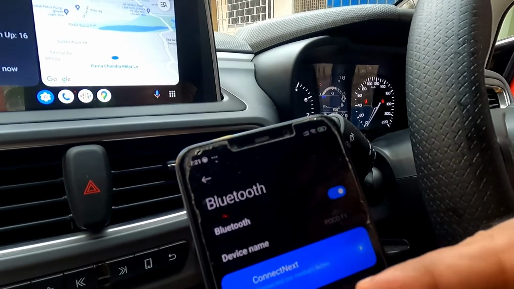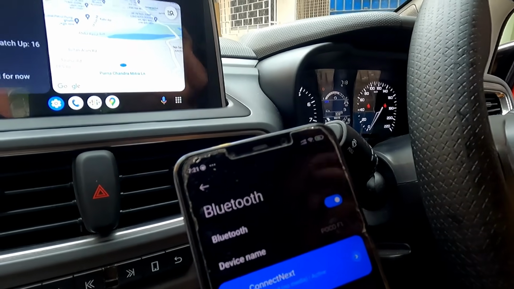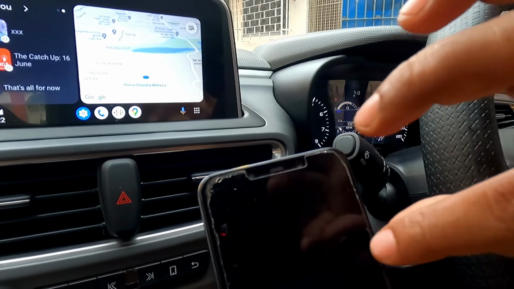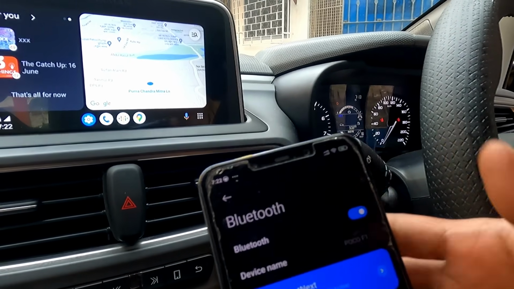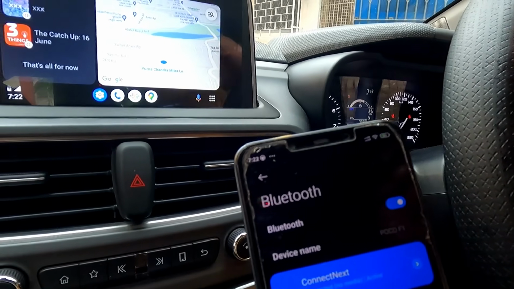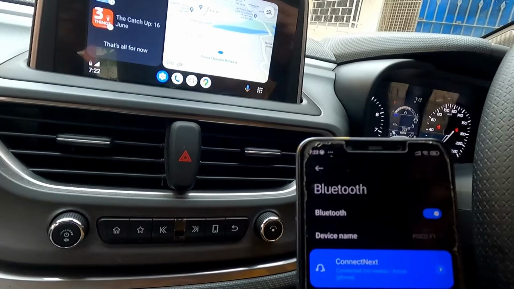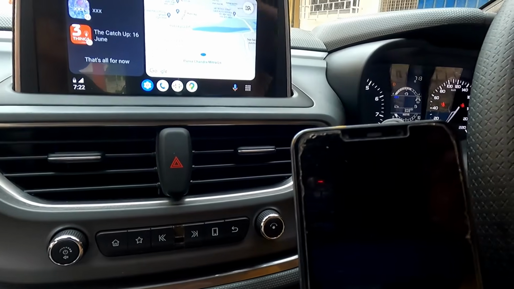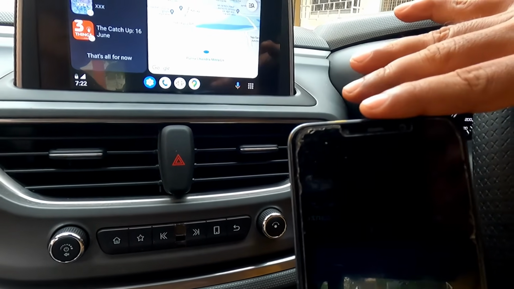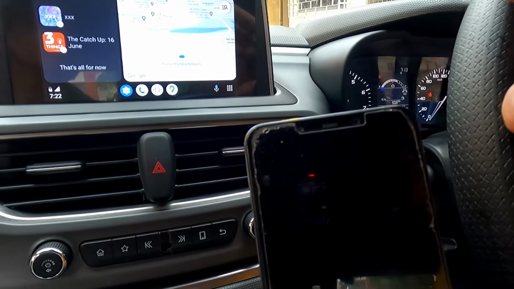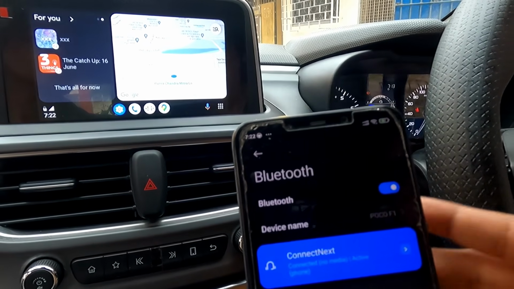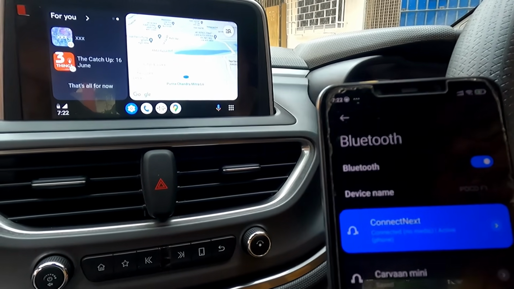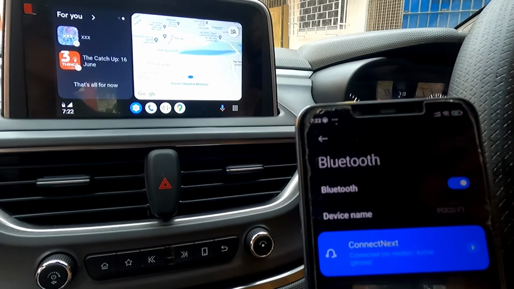Here you see the Bluetooth already has been connected to Connect Next. So in that case I will tell you to remove the Bluetooth profile from your phone and reinstall the Bluetooth profile, reinstall the Bluetooth connection. So your Bluetooth connection will be in proper condition, and until and unless your phone has got a proper Bluetooth connection between the head unit and your phone, you won't be able to connect to Android Auto. That is also very important, so remember that. So you need a stable Bluetooth connection and a stable wired connection to get the proper Android Auto feature.